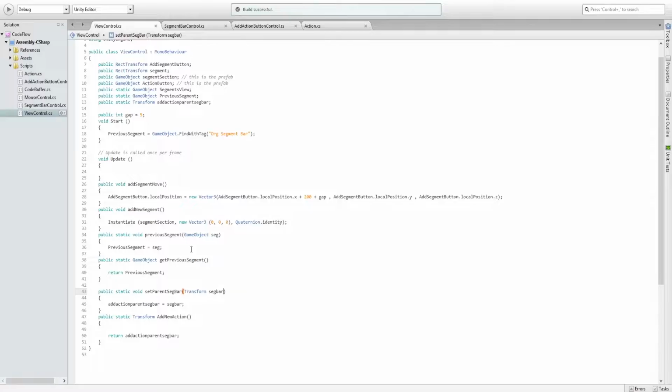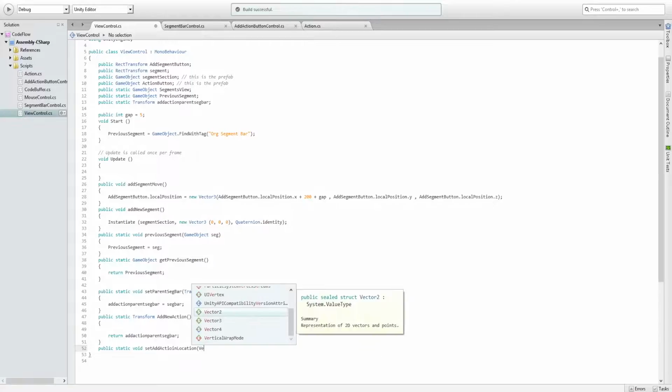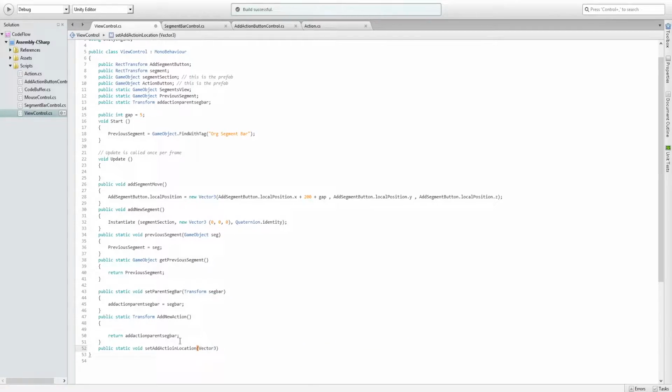I'm going to have public static void set Vector3, Vector3 deck, and then it's going to be